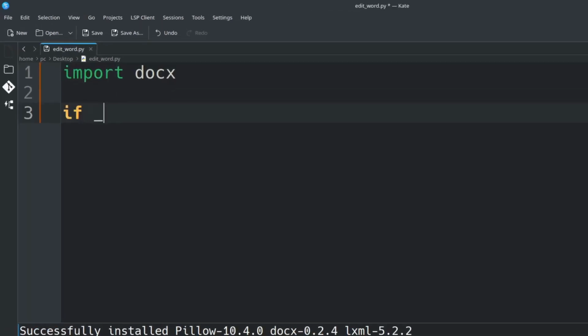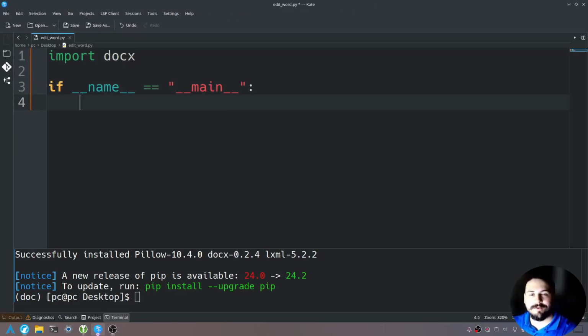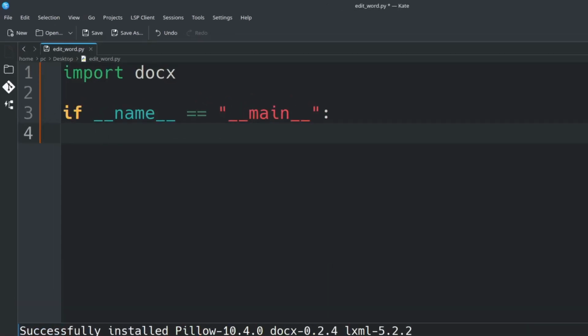if __name__ == "__main__": add a colon at the end and hit enter. Now let's create a variable that will contain the name of our Word document. So we'll name this variable